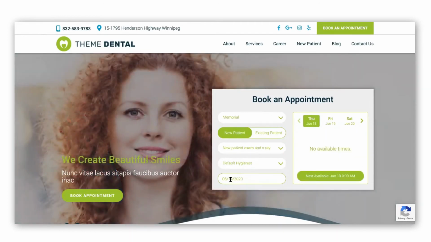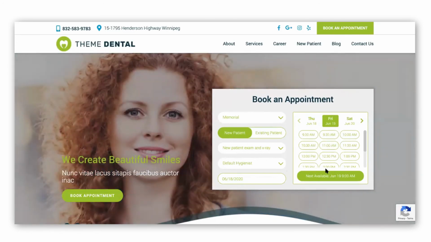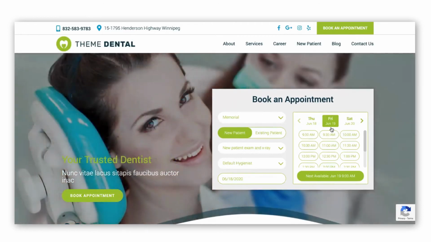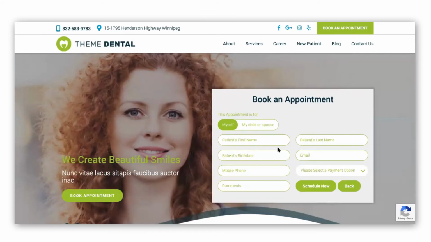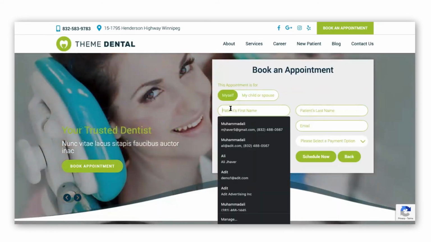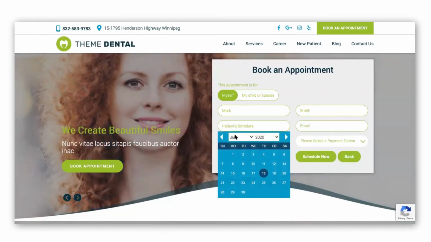The default date is for today, Thursday, June 18th. You can see there are no available times left today. If I click on tomorrow, you see there are some availabilities. Patients can also just click on the next available time, or they can specifically click on an appointment slot. So let's say I want to do tomorrow at 3 p.m. At this point, I can fill out my name. So let's say I'm Mark Smith. My birth date was, I believe,